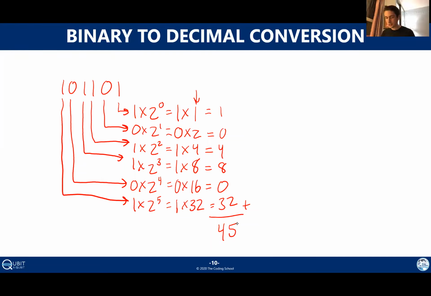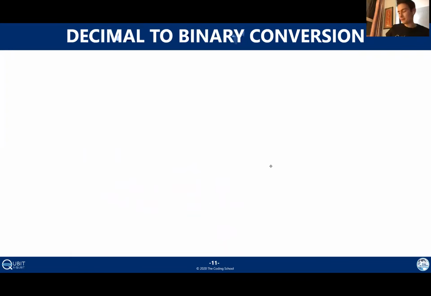All right, so if that's how we do binary to decimal conversion, how do we then do decimal to binary conversion? I'm going to take a random number here. Let's say, I don't know, 167. Just write it a little bit further up here. So there are a number of different ways to do decimal to binary conversion. The way that I like to do it is I will start off by writing all the powers of 2.